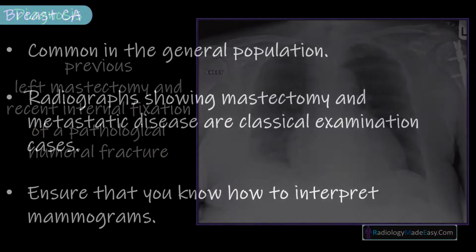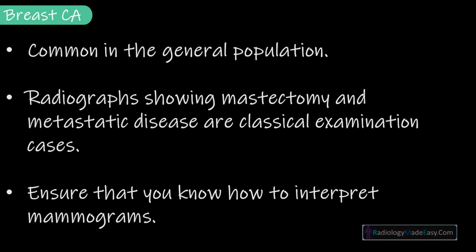Now let us discuss some key features of a case like this. Consider previous breast surgery on all female chest radiographs, including bilateral mastectomy if other findings suggest disseminated breast CA. Also, look carefully for evidence of a mastectomy, asymmetry of the breast contour, surgical clips from an axillary clearance, or implants, and also evidence of breast reconstruction.